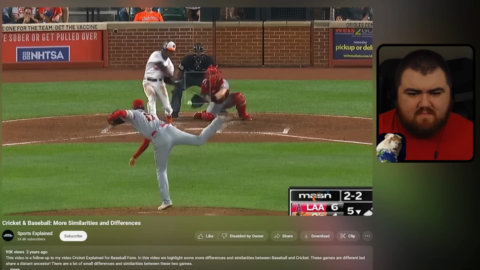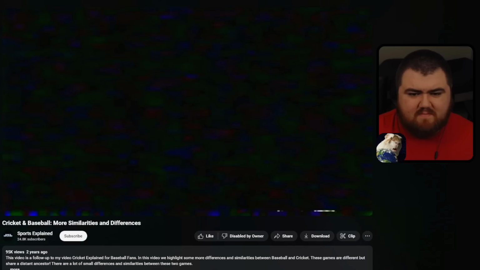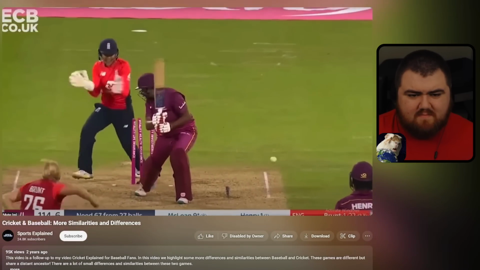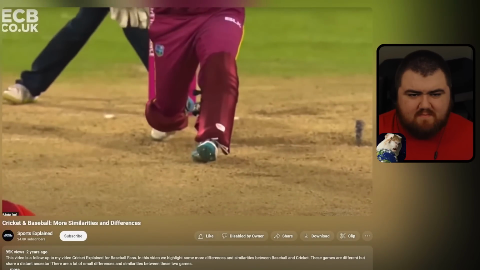A similarity between the two games is that bowlers and pitchers deliver the ball at different speeds and with different types of spin, and each type of delivery has its own name. For example, in baseball, we have the changeup, and in cricket, there is the slower ball. One difference that I've noticed, and I would love for a cricket person to maybe explain this a little bit better in the comments,